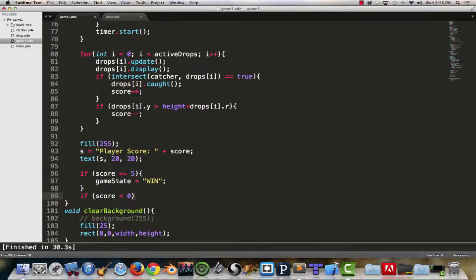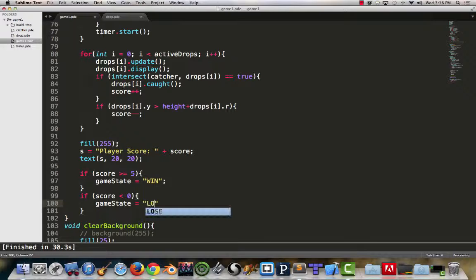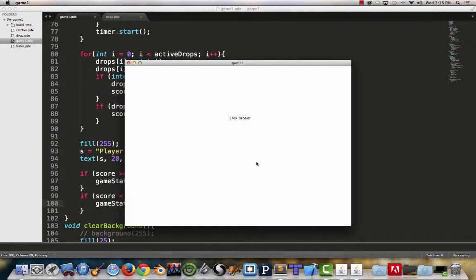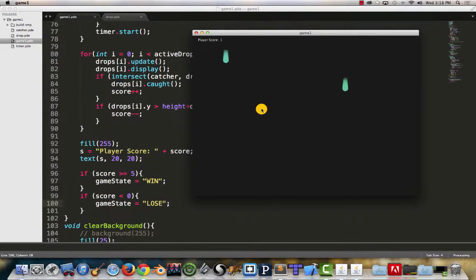If score is less than 0, game state is equal to lose. So if my score becomes a negative amount, I have now lost the battle. We run, click, I'll catch 2, now we watch score go down, and now it's -1, and the game froze